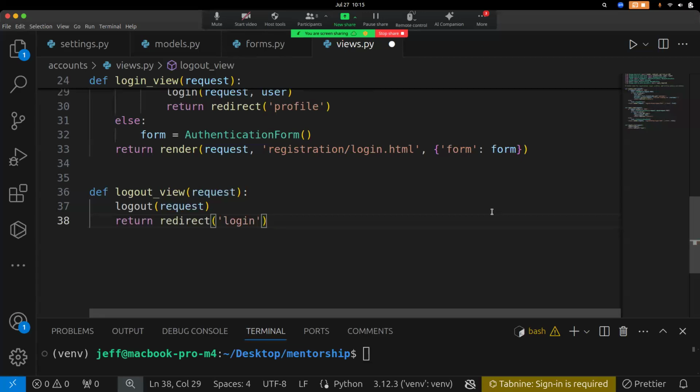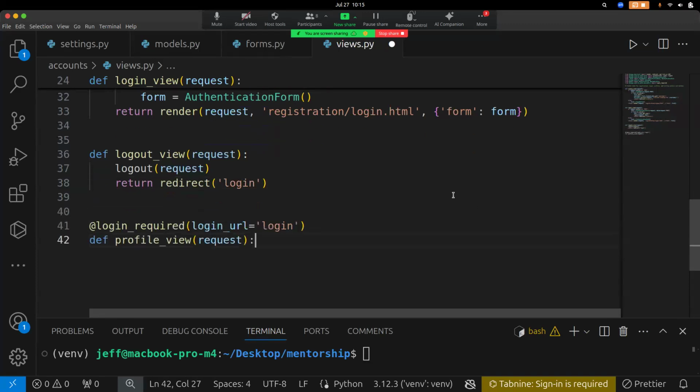Yeah, so it will just do the log out. Now you see I've saved myself typing a lot. That's why programming is easier in this era. So you can have the login required for the login URL. Okay. Now since we have defined the profile view,